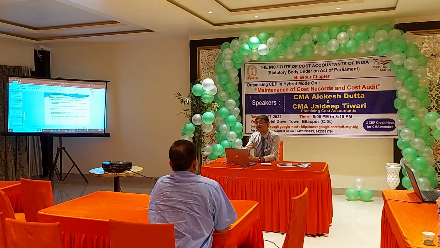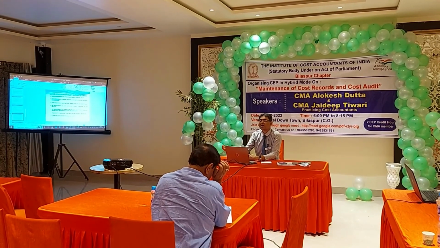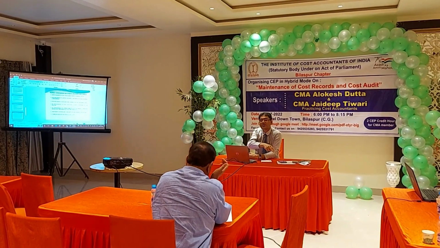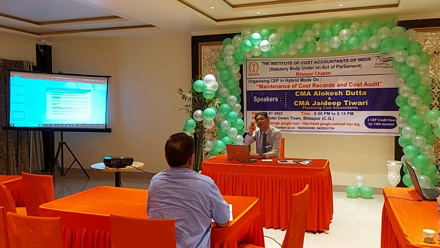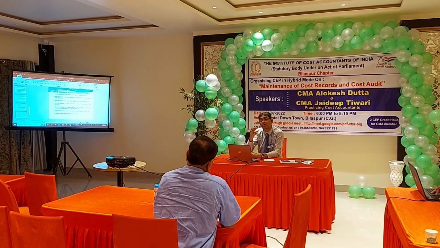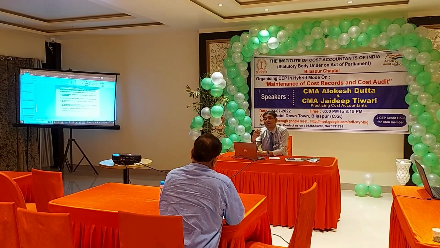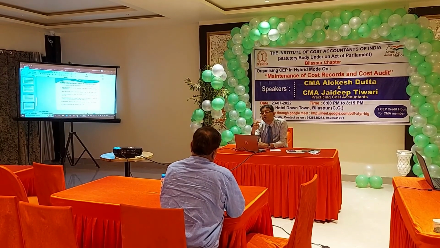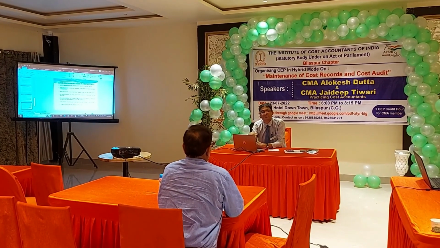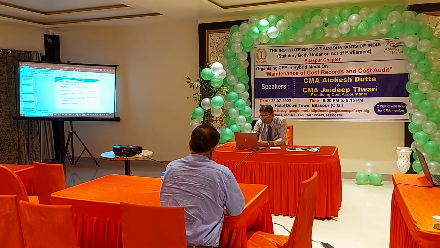You can understand it separately in this way: once you have allocated it to the service cost center, it is again reallocated or reapportioned in secondary distribution back to the production process. And again when you come to the distribution, that auxiliary power cost is loaded in the cost. So you have to take care that the auxiliary power consumption rate should not include its own cost. So there you have to prepare it properly, right?